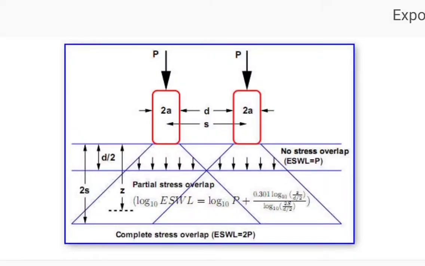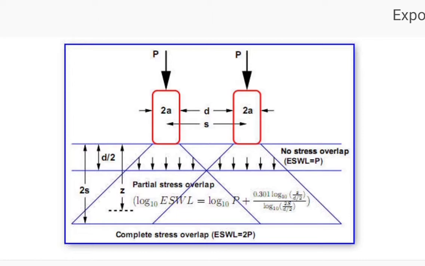this dual wheel assembly, the pressure at a certain depth below the pavement surface cannot be obtained by numerically adding the pressure caused by one wheel load. So that is completely different from when two wheels are there, that is, you cannot directly add it. The effect is in between the single load and two times the load carried by any one wheel. So here we can see in this diagram, that after a depth of d by 2 there is an